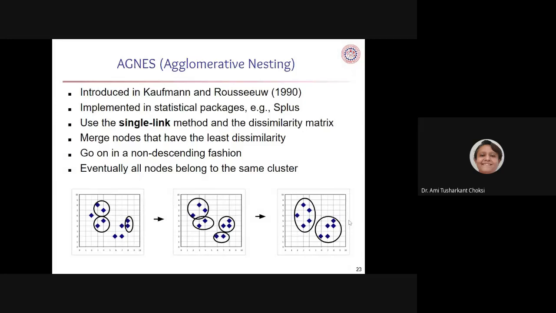So finally, we want to have, say, 2 clusters. This is the step. Ultimately, we have to have all the nodes in the same cluster. Let's say that here we are having the clusters. This is 1, 2, 3. This is 1, 2, 3, 4. But after that, we'll merge them in a way that we will have these 2 clusters. So what we are trying to do is, single clusters or separate clusters are there, we merge them in such a way that at last they will be in the same cluster.